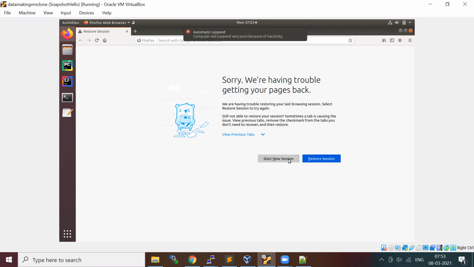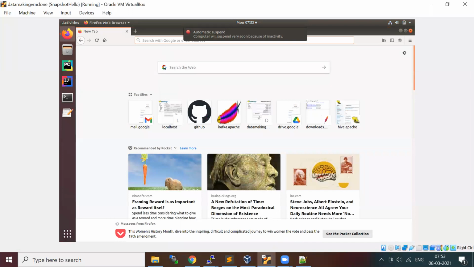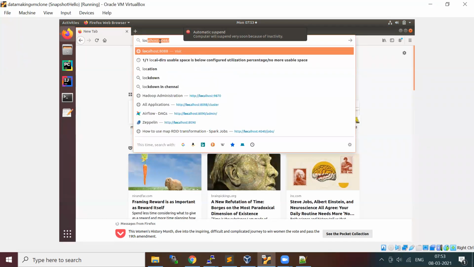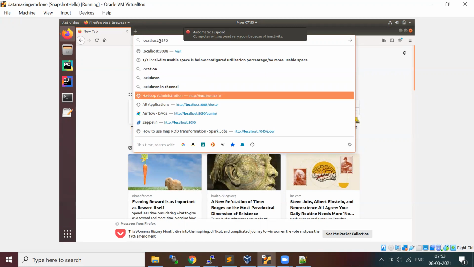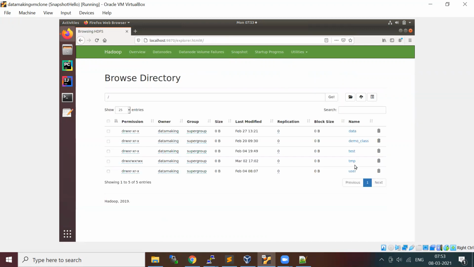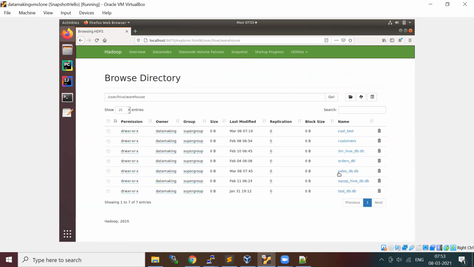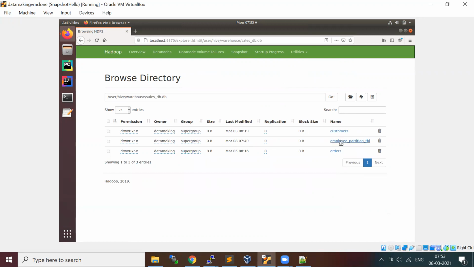Let's start a new session on localhost. User directory, hive, warehouse, we go to sales DB, the employee partition table.